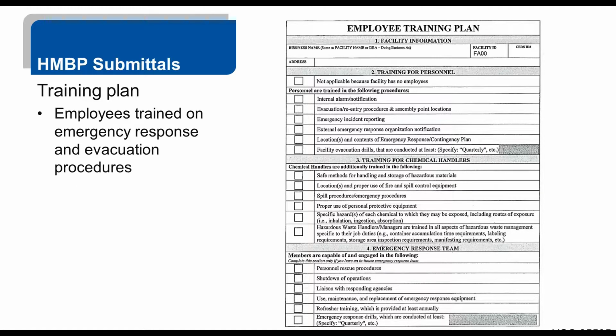The training plan being part of the emergency response, the employee training plan. Employees must be trained on emergency response, evacuation procedures. And you can see this is a sample of the Unidocs form that is completed and submitted as part of your Hazardous Material Business Plan, which is uploaded into SIRS. You can elect that the training plan is not applicable because the facility has no employees, but the information included